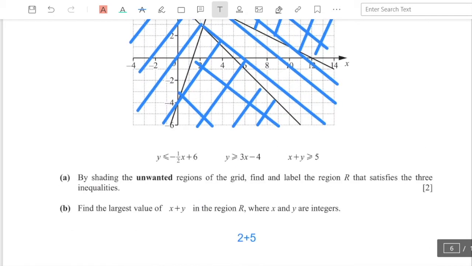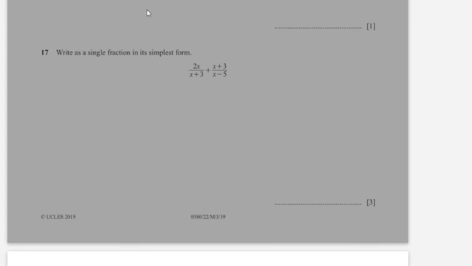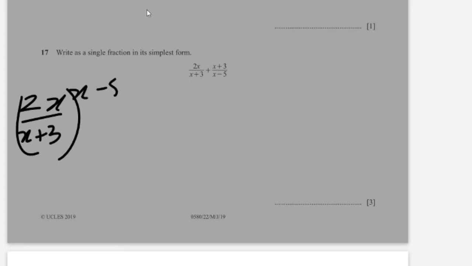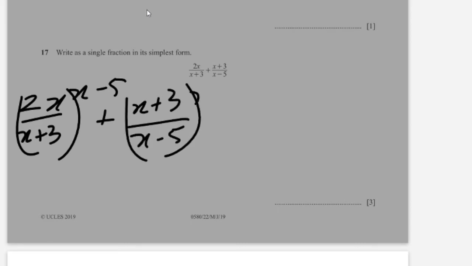And that's it. Question number 17. Write as a single fraction in its simplest form 2x over x plus 3 plus x plus 3 over x minus 5. So I'll start with crossing the denominators. So we multiply 2x over x plus 3 with the denominator of the other fraction, which is x minus 5. And so we do the similar thing to the next fraction. We multiply it with the denominator x plus 3. So we have